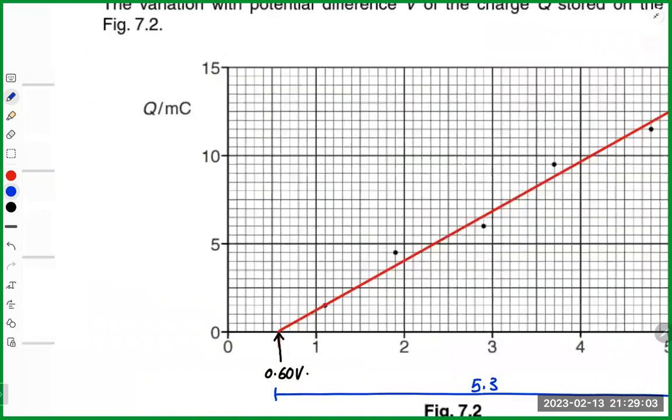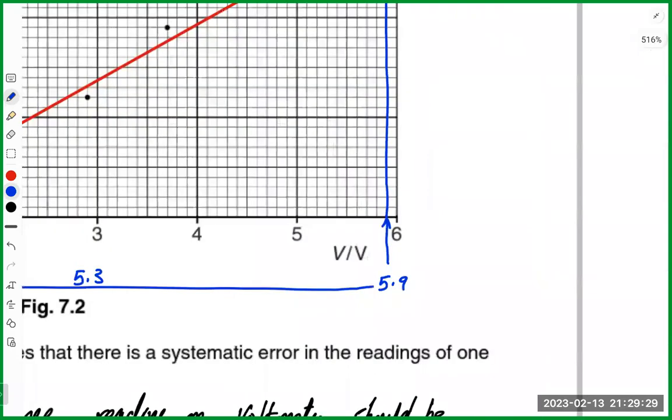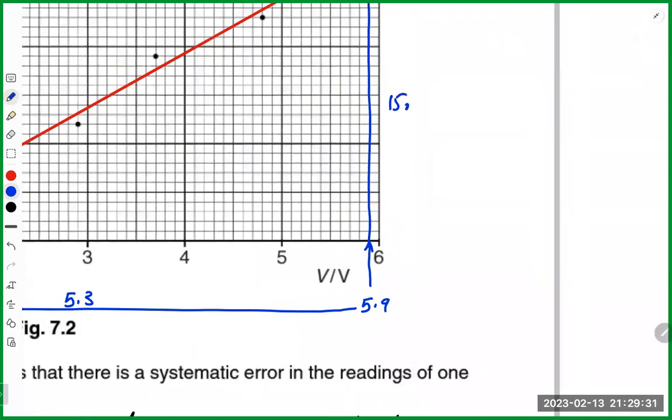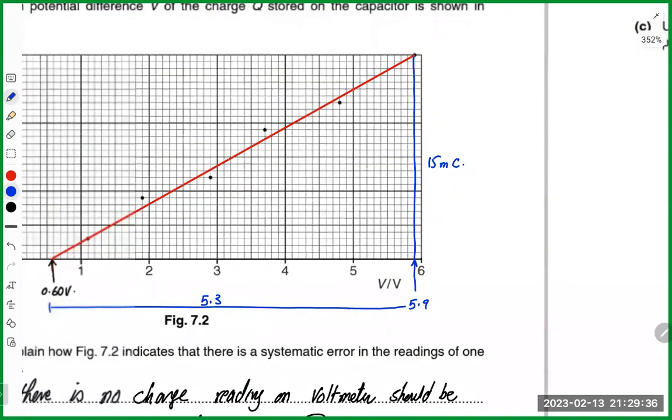watch this one. Keep your eyes open. There is a milli over there. It means any value that you take from the y-axis has to come with a built-in milli. So if you think it is 15, no, it is 15 millicoulomb. So the height will be 15 millicoulomb. The gradient will be